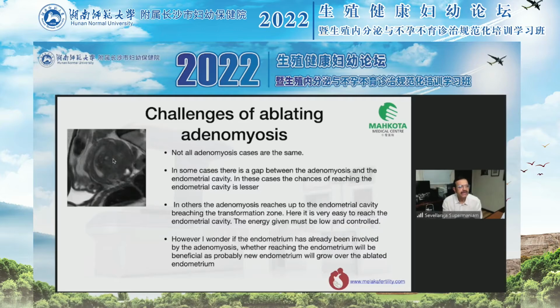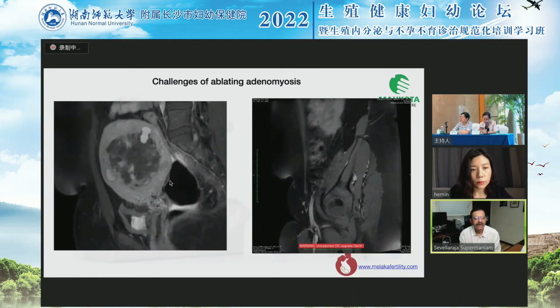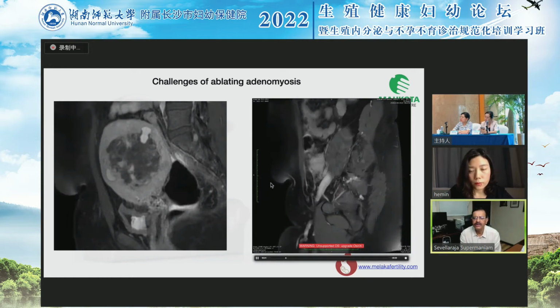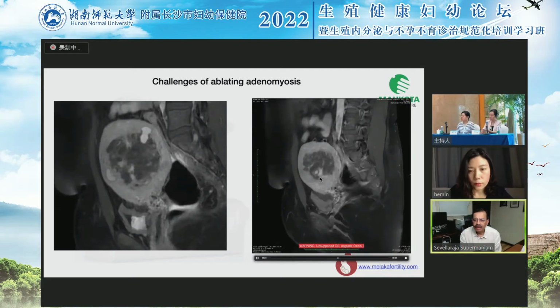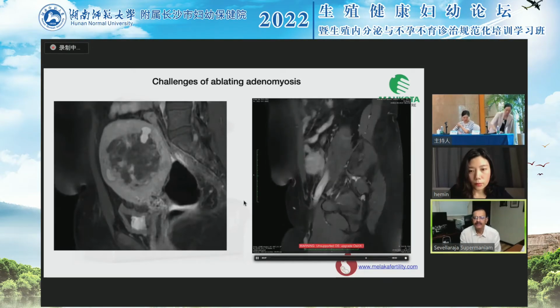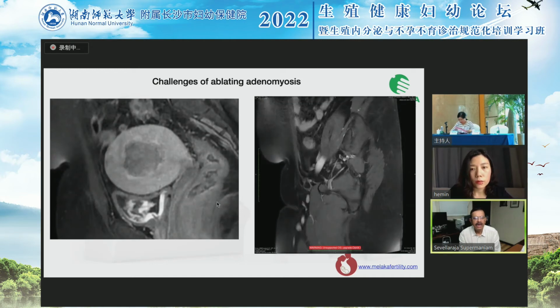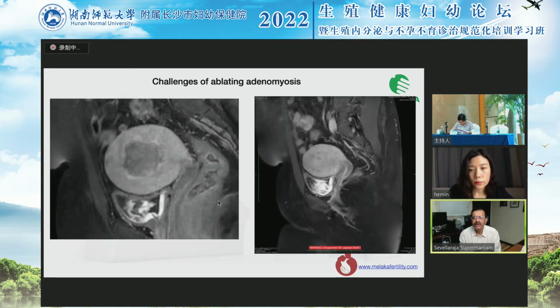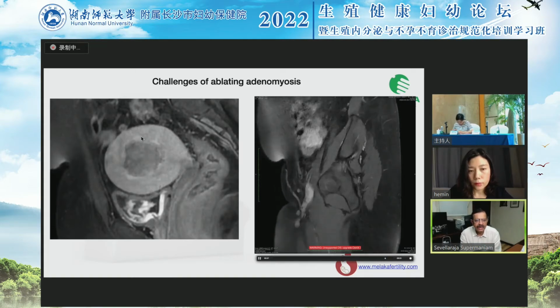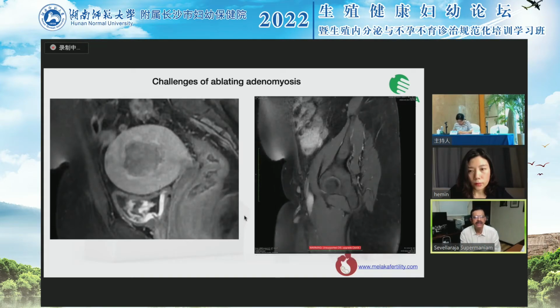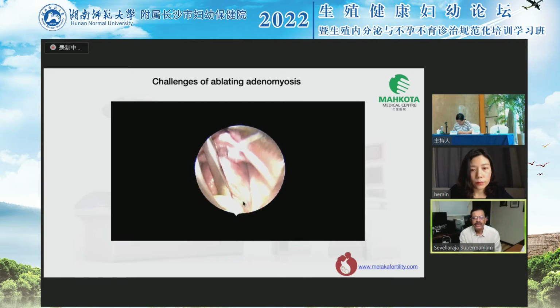This is a patient with adenomyosis. And here, after ablation, you can see that I have actually somehow involved the endometrial cavity. I can show you this on this. It is sometimes very difficult to control, and you can affect the endometrial cavity. So this is after 3 months of the ablation, you can see that the ablation is quite affecting around the endometrial cavity. So in this case, I actually managed to do a